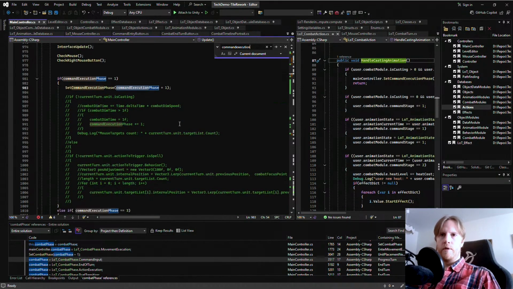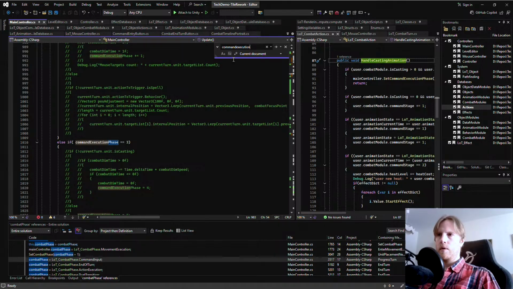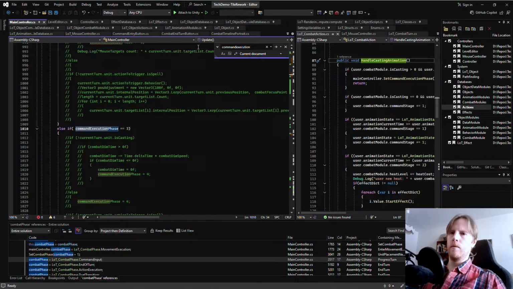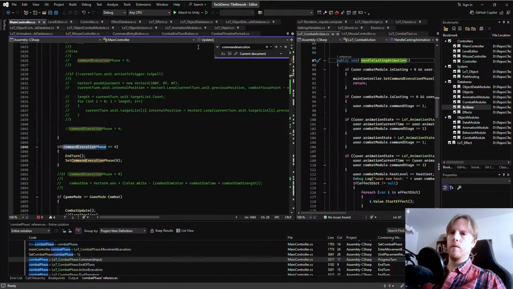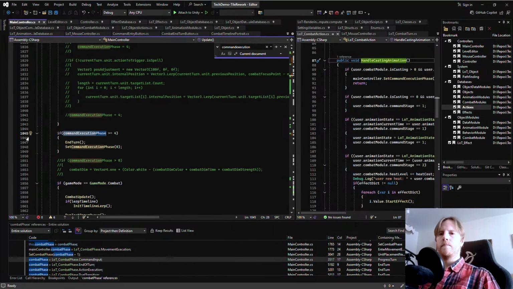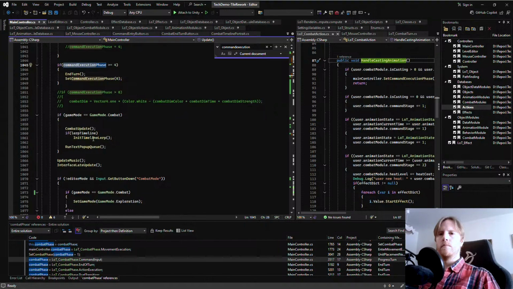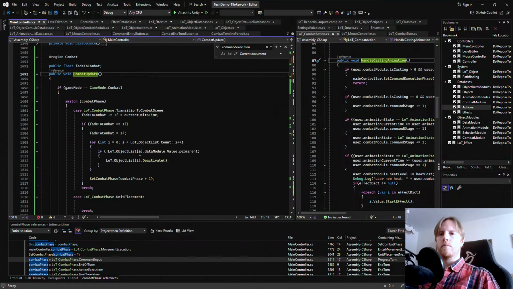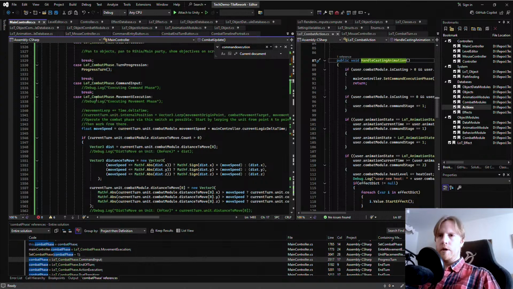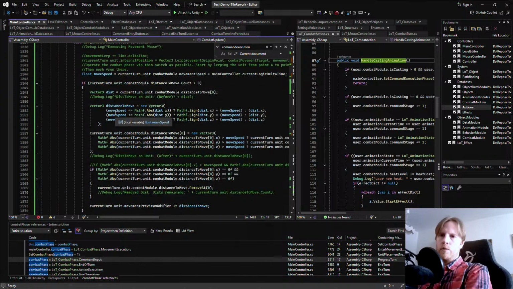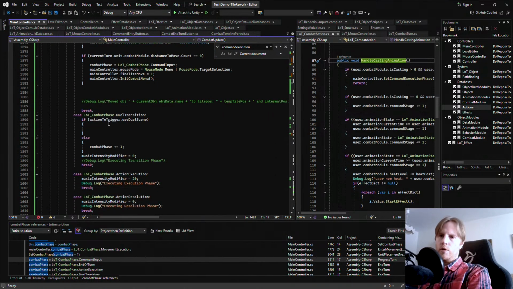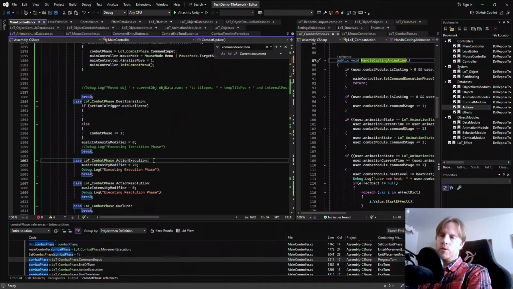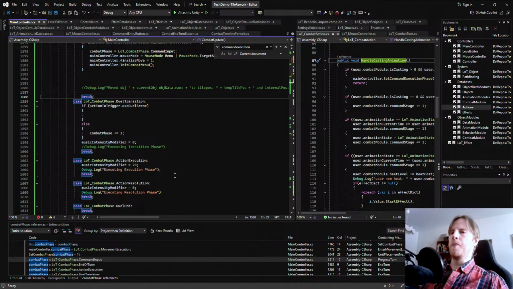But I do need to have something similar. Because here we have movement execution, then we have dual transition, action execution. So this one,